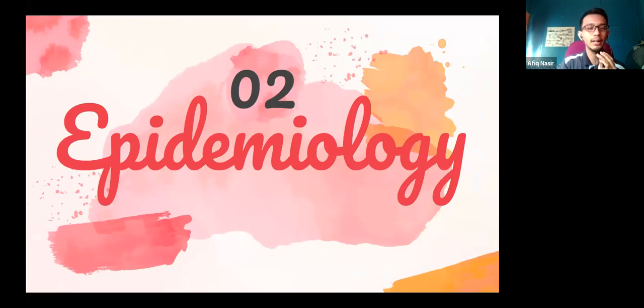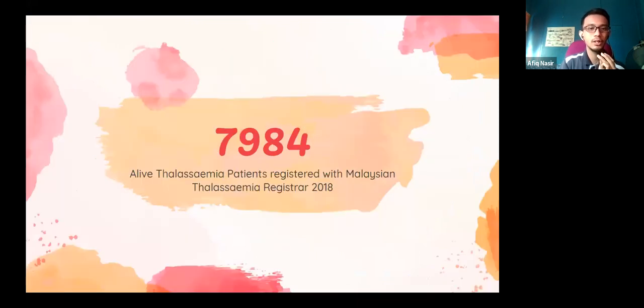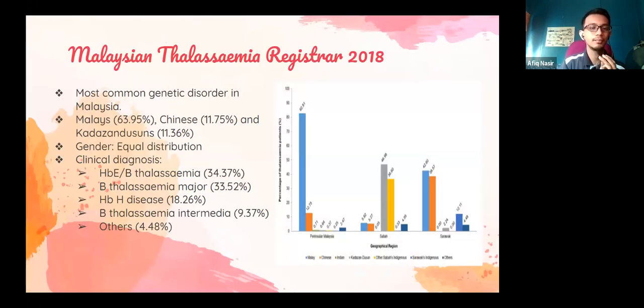Okay, moving on to the epidemiology of thalassemia in Malaysia. According to the Malaysian Thalassemia Registry in 2018, there are 7,984 registered thalassemia patients in Malaysia. Thalassemia is the most common genetic disorder in Malaysia. And from the 7,984 patients,